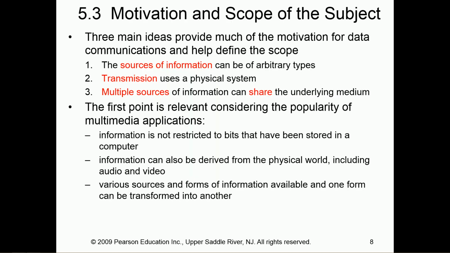So the motivation and scope of the subject. There are three main ideas, and that's going to be our source information. Again, that's going to be source and destination, not just source, but I mean our sourcing information. Where we're going. The transmission speed, or transmission. Not just so much the speed, but what route, what path is it going to take to get there? How is it going to get there? How do we guarantee that it's going to get there? Do we have to guarantee it's going to get there? Those are all portions of transmission.